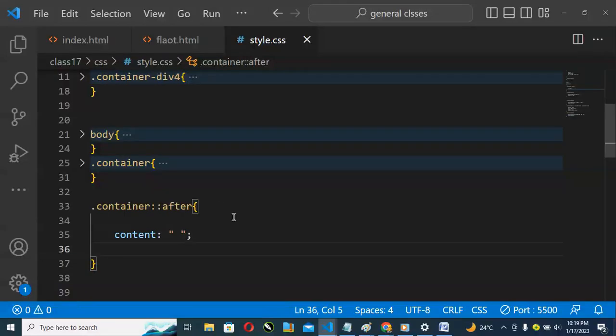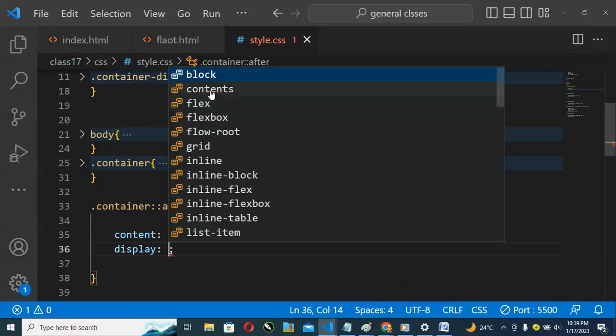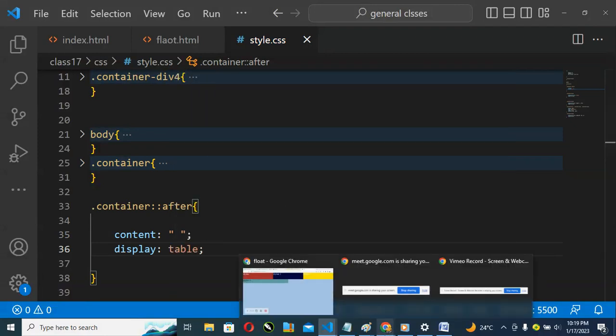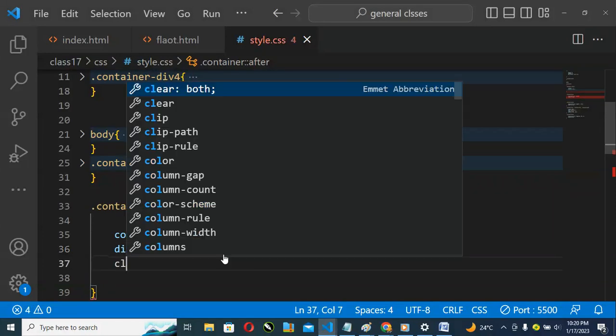Let's add display table. You have a table. Let's see what happened. You can see this man has appeared. Have you seen it? Now, another thing we also need to do is to use our clear at once. You can say clear